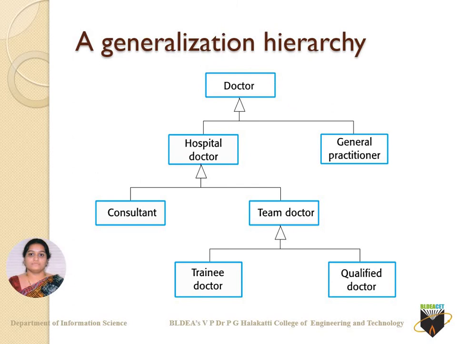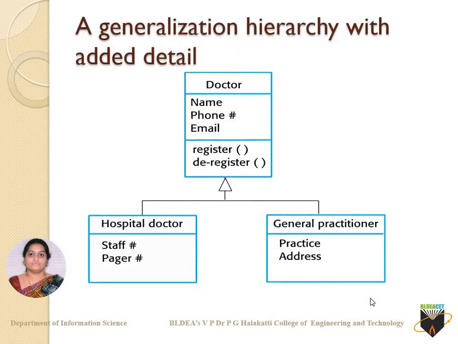What is the main use of this generalization hierarchy is you can define some data members and member functions under this. Okay, you can make use of them here. You can declare some of the variables or else your member functions here, and with no cost or else with no interruptions you can make use of them under here. For team doctor also similarly, data members can be declared here and they can be used here. You need not multiple number of times declare the same data members here also and here also and here also. Instead, declare them once, use them multiple number of times. This is a generalization hierarchy there.